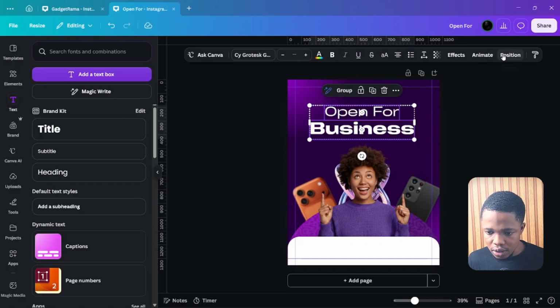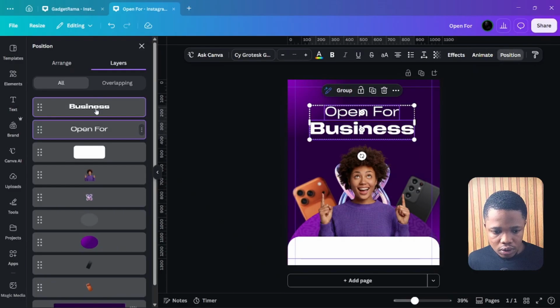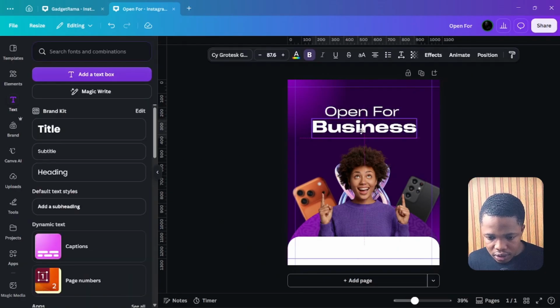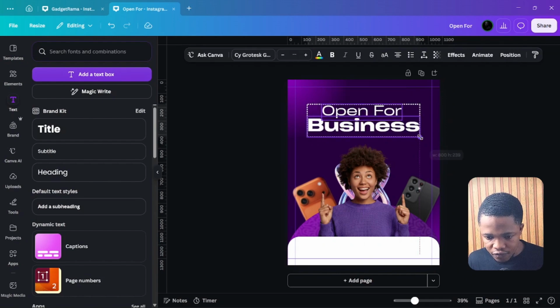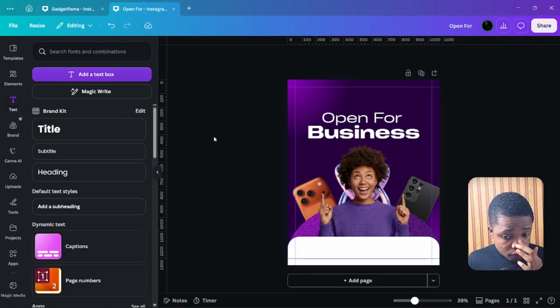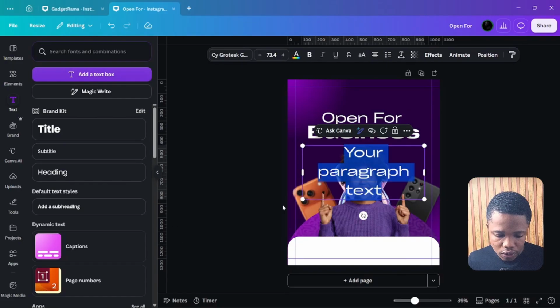Okay, and then position, go to arrange, and then yes, it's centered. Alright, so you can raise it up a little and select both of them, make it bigger, drag it down. Yes, so now that we've done that, the next we'll be doing will be adding the text below and the logo and the website. So come here, click on